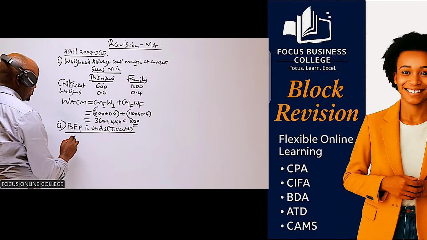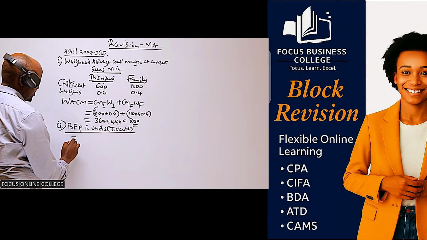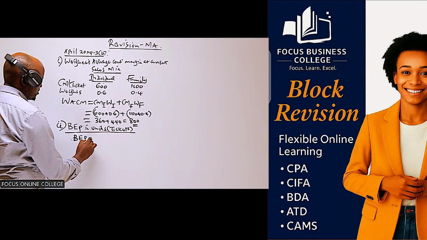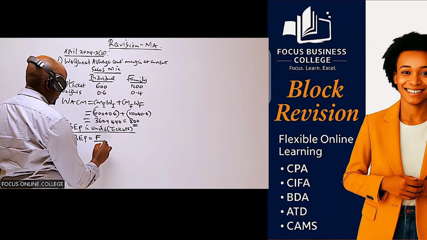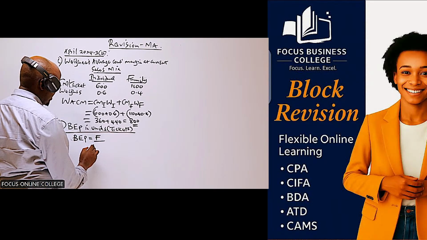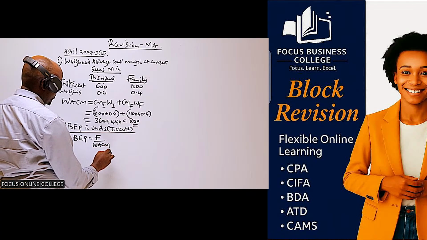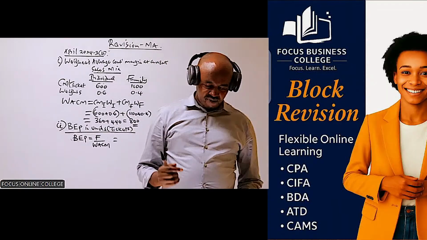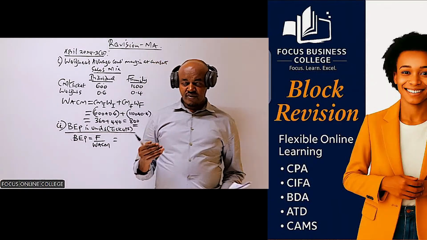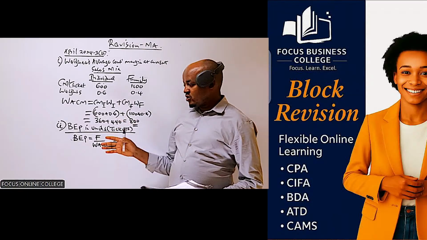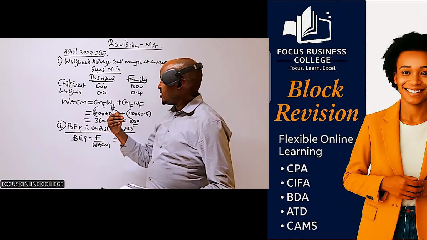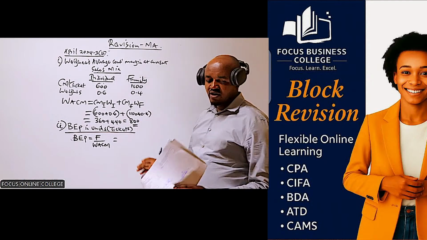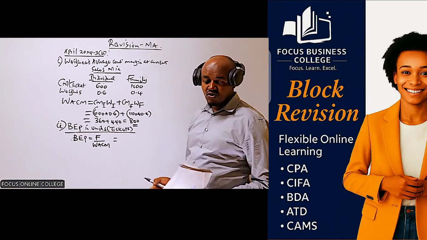So how do we compute this one? We compute this one basically by taking the fixed cost, which is represented by capital F. We divide that with the weighted average contribution margin. And remember, in this case, what we are required to compute here are the total number of tickets to be sold, not the total individual tickets, not the total family ticket to be sold, but a combination of the total tickets to be sold by this